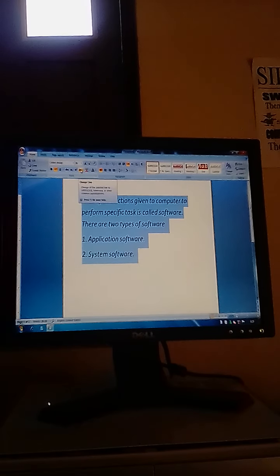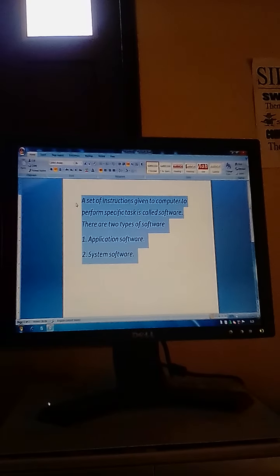This feature or technique enables us to change all the selected text to uppercase, lowercase or other common capitalized cases.